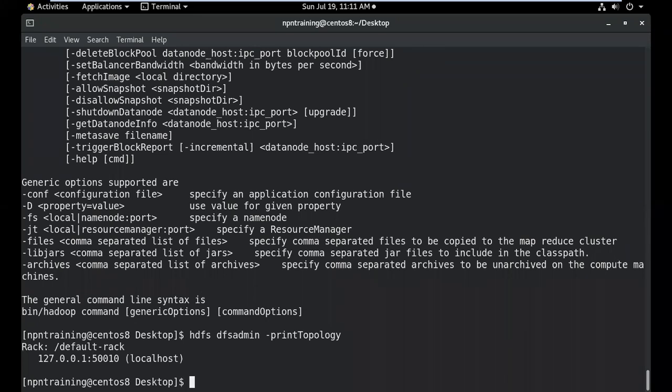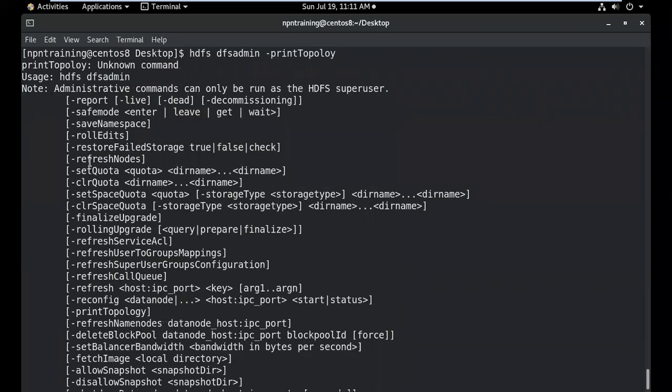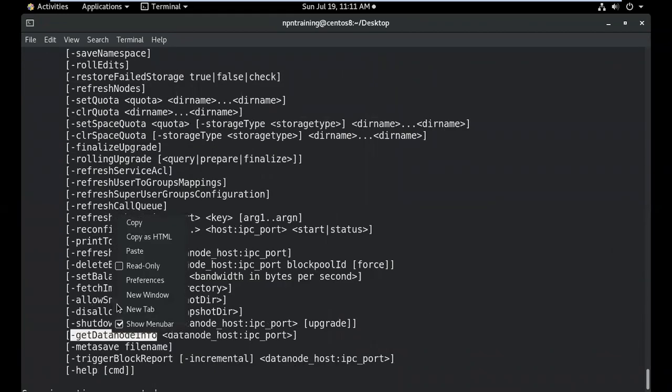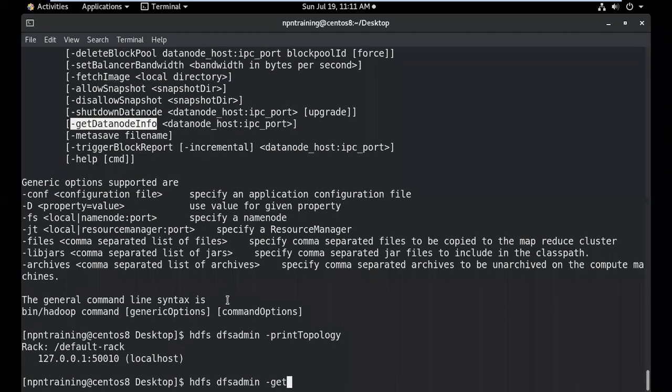For example, HDFS dfsadmin. All these things are related to admin. In dfsadmin, you have a command called get data node info. So for a particular data node, you can get the information. Since I have only one machine, I've just configured 127.0.0.1.